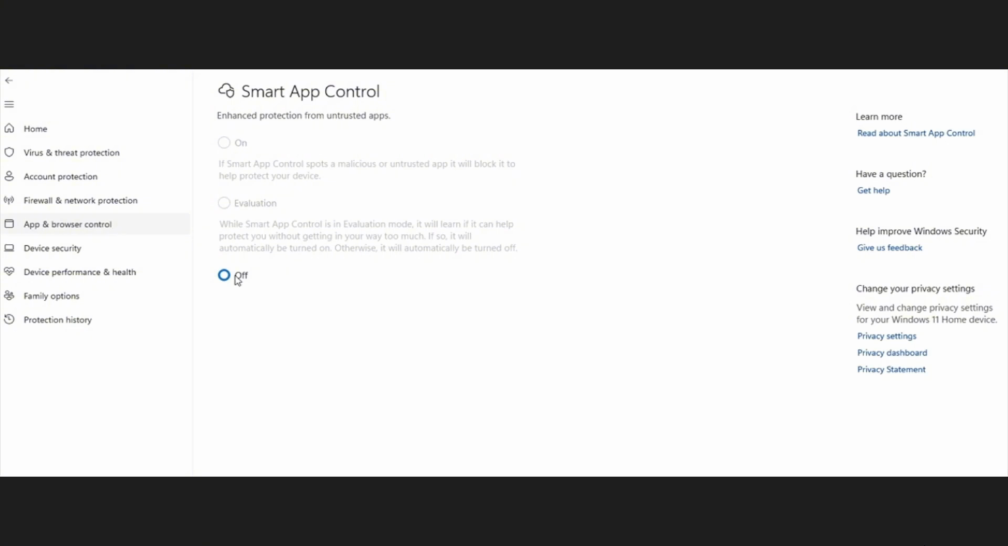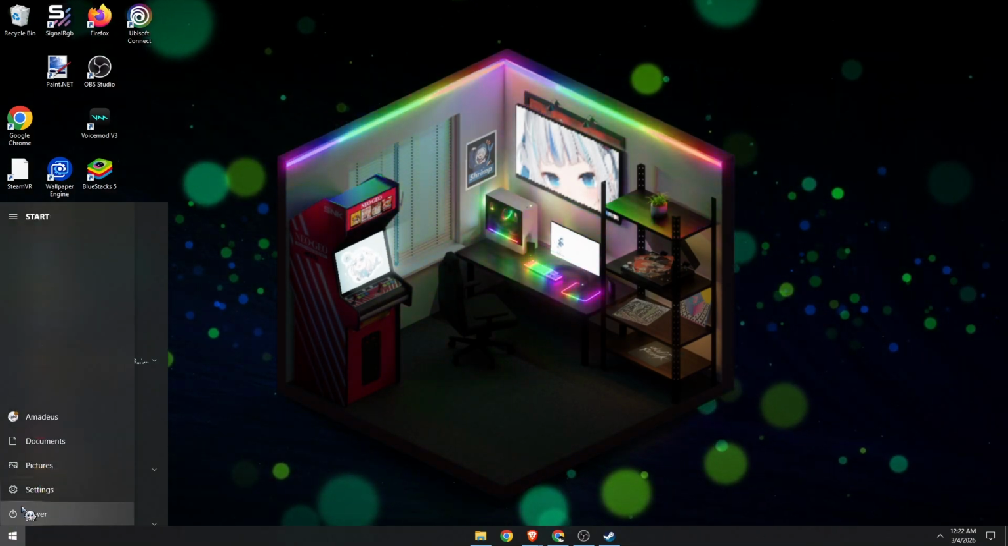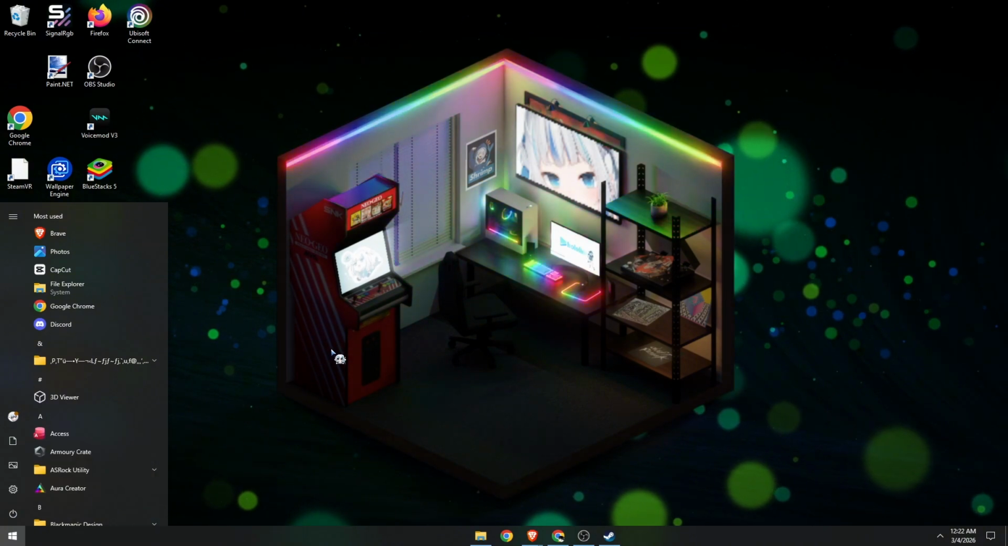You might get a prompt saying, "Are you sure to confirm these changes?" Just proceed, click yes, and then your system will automatically restart, or Windows will ask you to restart to make these changes. So go ahead, click on restart, and once you're back on your screen, everything should now be working